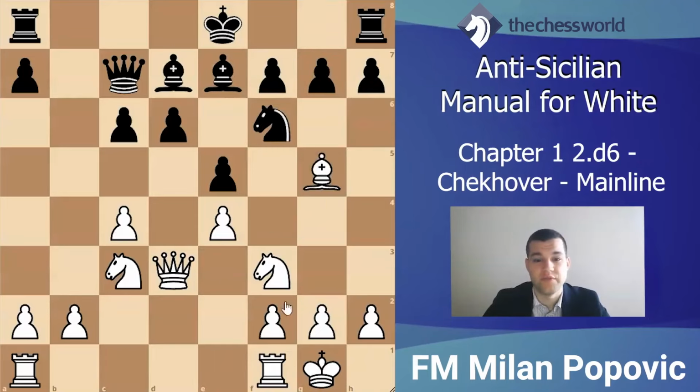So let's see what else Black could try. There's the move bishop e7. Right now we can just simply castle, and after Black plays the move h6, we're going to play the move rook d1. So knight f6